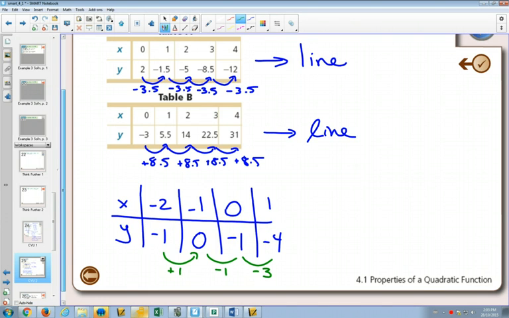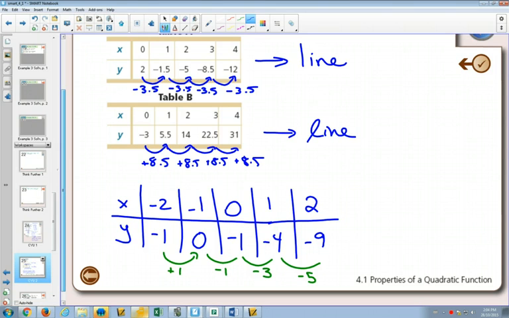A quadratic function, okay? Some reasons that we can tell, maybe I'll put one more value on here. Okay? A quadratic function has